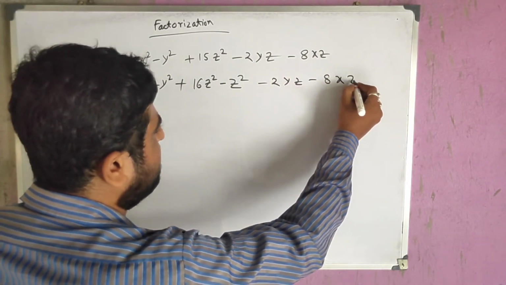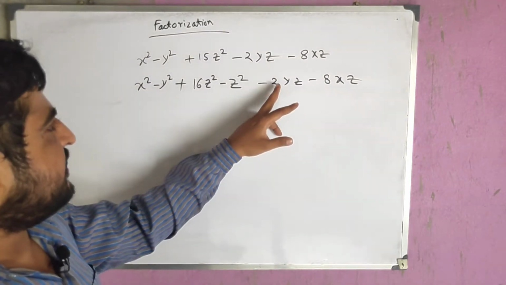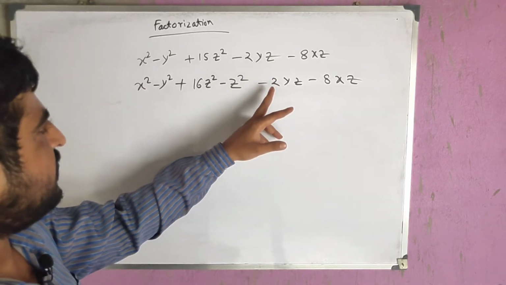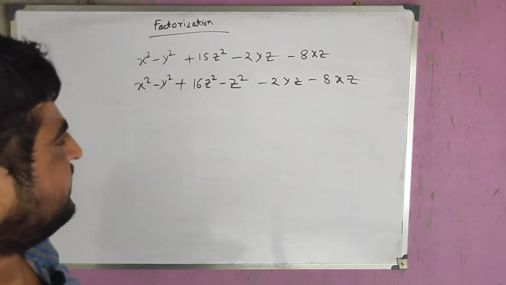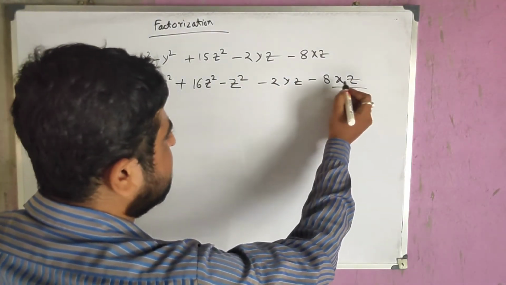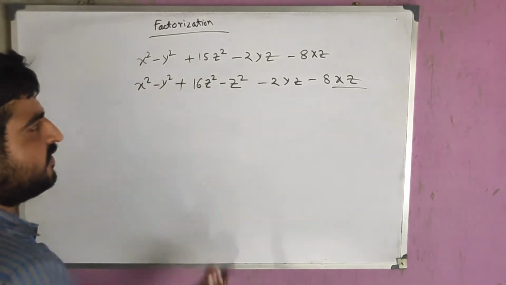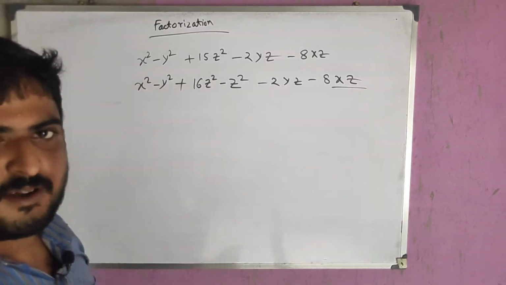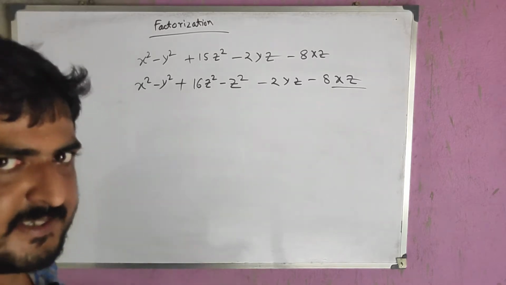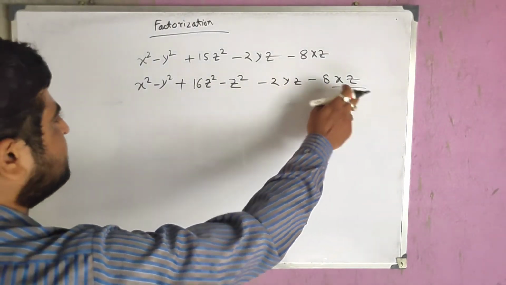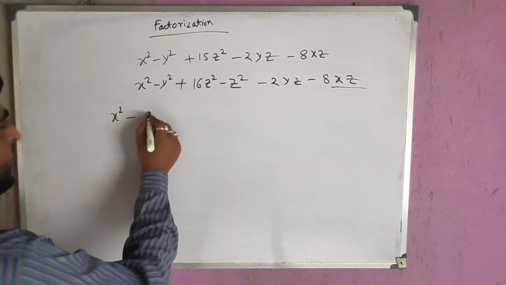Now by seeing the 2ab form, you have to choose the a square and b square. So here in the 2ab form, you see, one is minus 2yz and one is minus 8xz. So 8xz means we have to take x square and z square, and 2yz means we have to take y square and z square. Now you see this y square and z square have a minus sign. So for that we have to take these terms next, after taking minus as common, and we have to take x square and z square first. So x square, then minus 8xz.